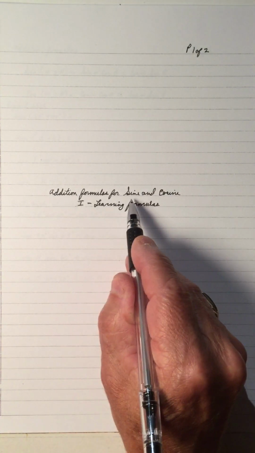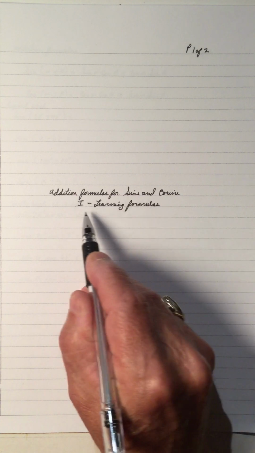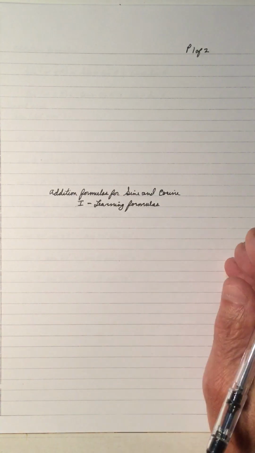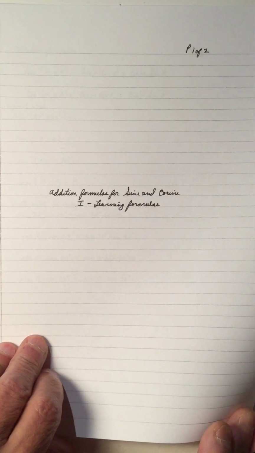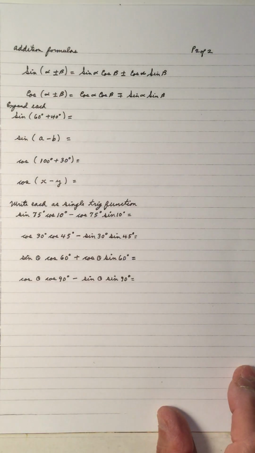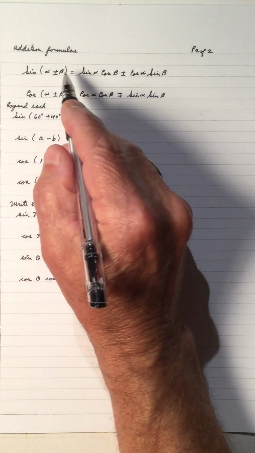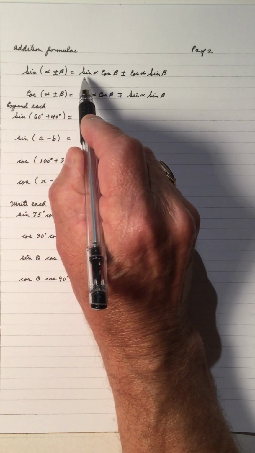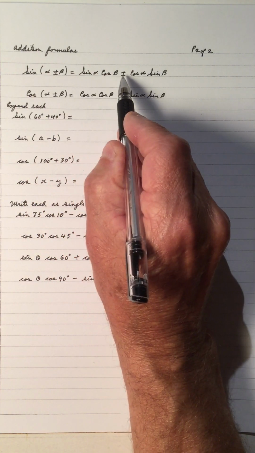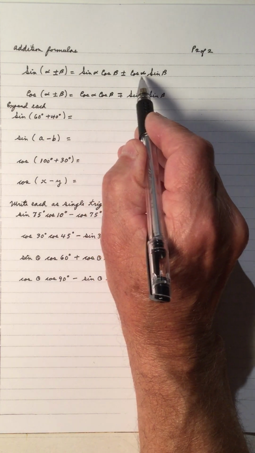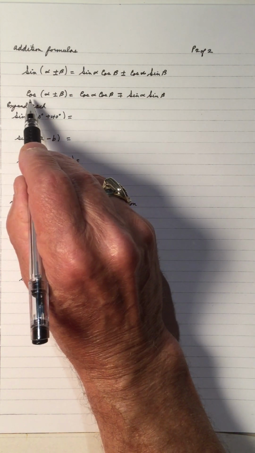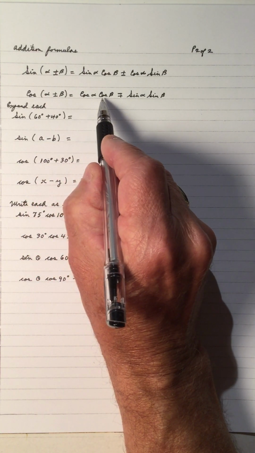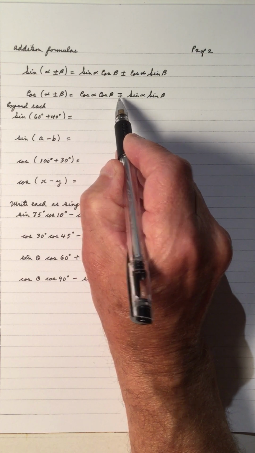The addition formulas for sine and cosine. This is number 1, and in this video, we're going to learn the formulas. Here are the formulas. The addition formulas: we have sine of alpha plus or minus beta is sine alpha cos beta plus or minus cos alpha sine beta. And the cos of alpha plus or minus beta is cos alpha cos beta minus or plus